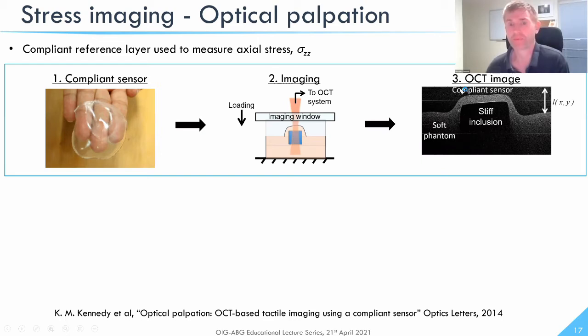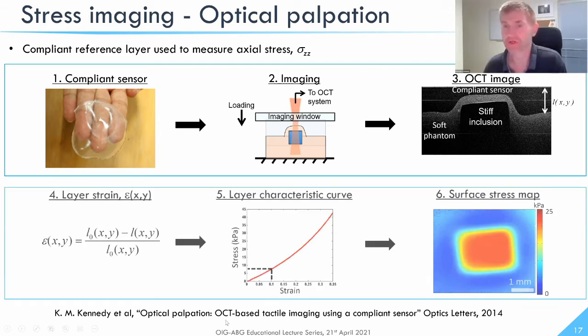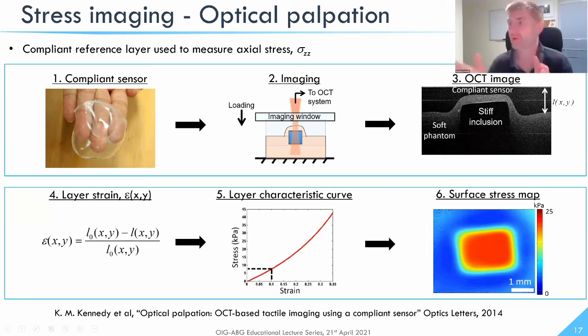So we can measure the strain in this silicone on top of the sample. In order to get stress, we know the material properties of this silicone, so we can relate the experimentally measured strain to the stress in the material and then make a map of stress across the surface of the tissue. So now we can relate both together, the stress and the strain, and make these maps of elasticity, where in